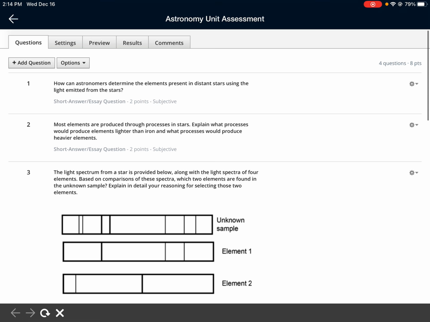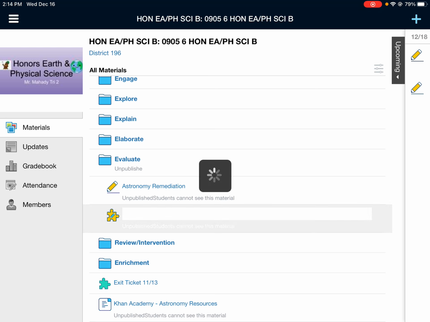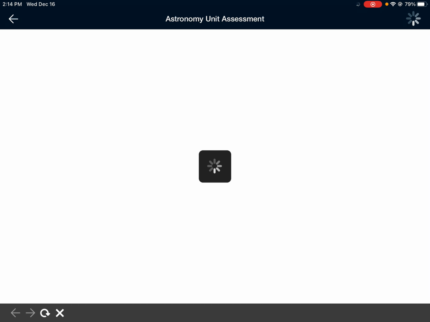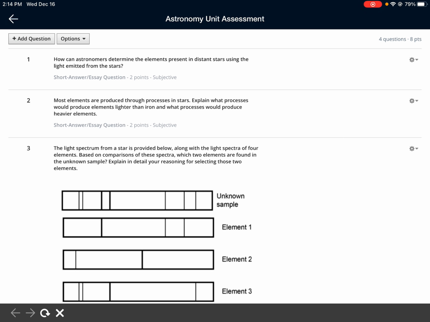When you are done with this and you submit it and I've gone through and graded it, you should be able to open up this assessment again and you'll see a tab that says My Submissions at the top. You can open it up and you'll see what you got on each question, a 2, a 1, or a 0, and then you'll have some feedback there as well. So if you got a 1 because you were missing something, I'll write that in the comments. So you'll have a comment on there as well. And that's what you can use to start your